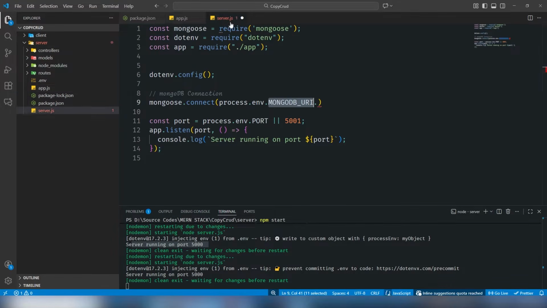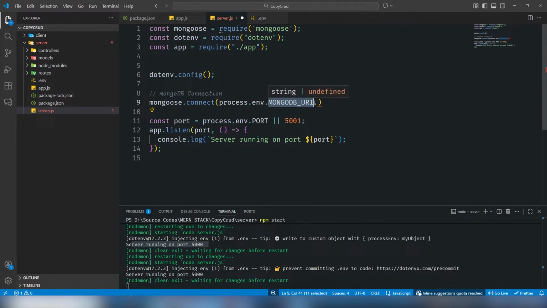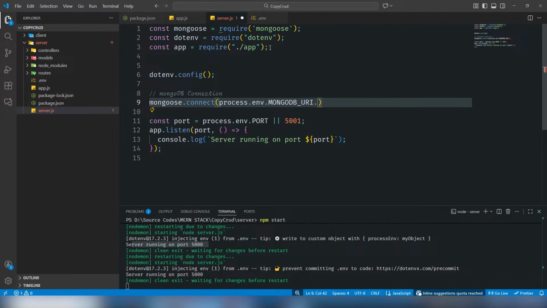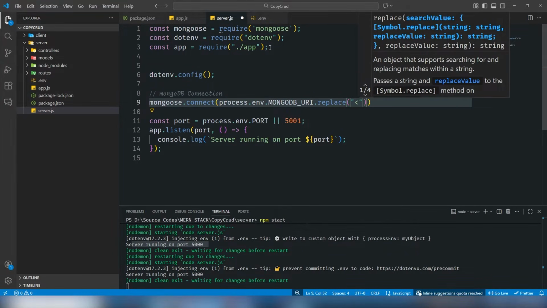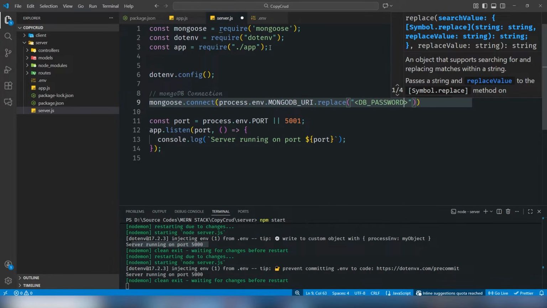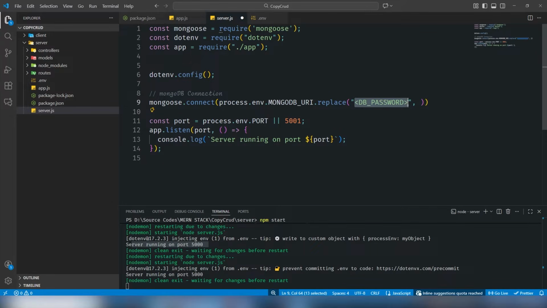Give me a second, where is the .env file? Okay, so MONGODB_URI, this is my variable, and inside the variable there is static data like DB password. So I need to replace it. In order to replace it, you need to call the replace function and target your value like DB_PASSWORD, and the replace value,